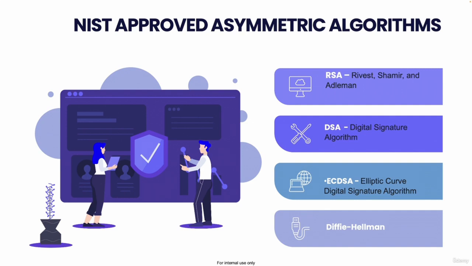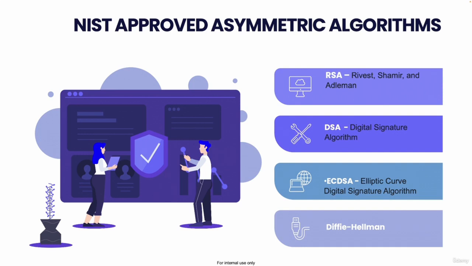Why? Because there are so many algorithms available in the market, and let's say you are a vendor coming up with your own new application, and you need to employ encryption in that. So which one to go for, right? That's why NIST has published all these algorithms, and these are the RSA algorithm, which is the Rivest,